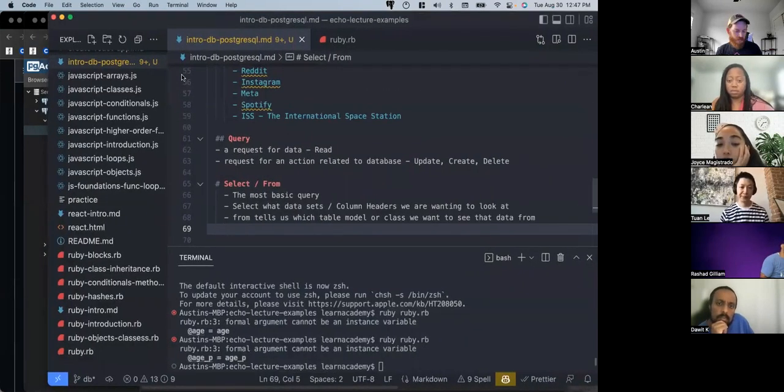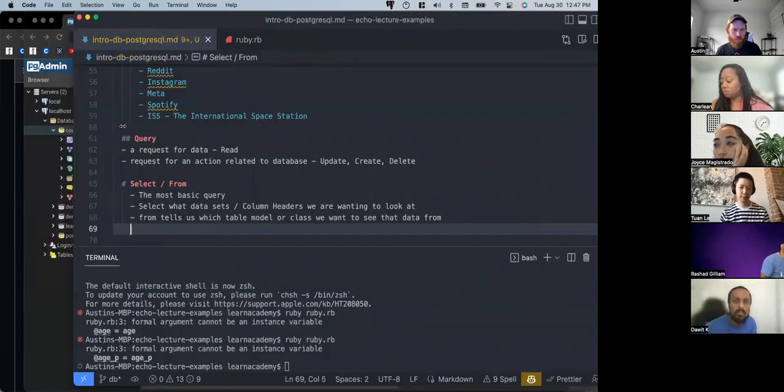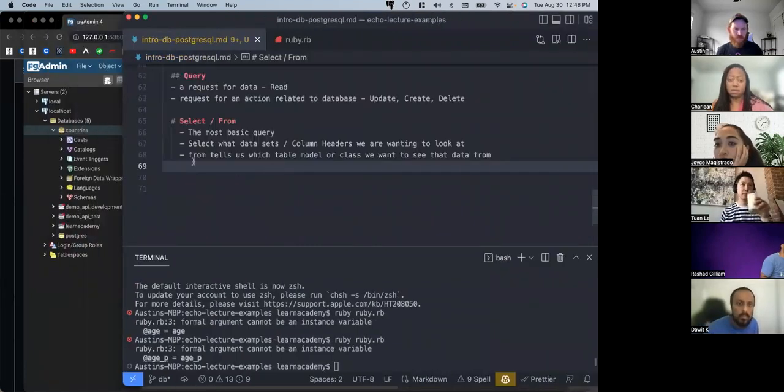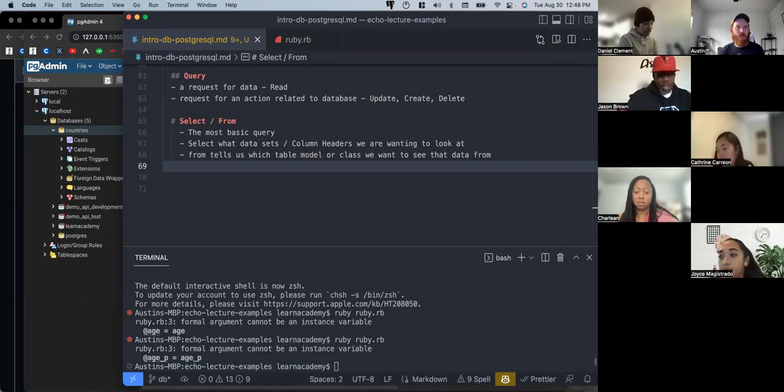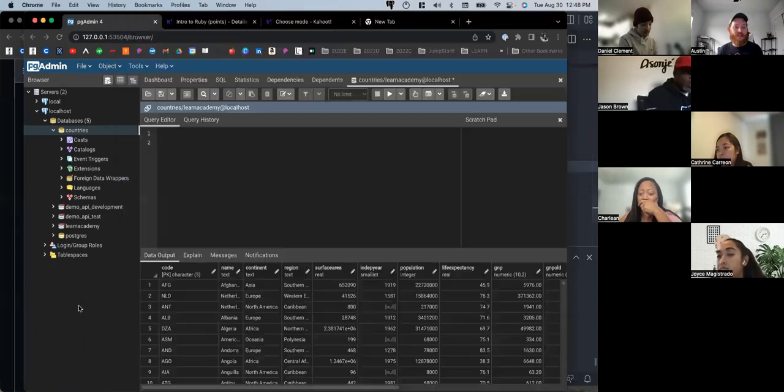So I'm gonna need a couple of places to write down. So the first query we're going to talk about is select from. Select is going to highlight which column headers, so which sets of data or pieces of data, or we can think of it as the key value pairs, which key value pairs we want to look at. And then from looks at which table we're pulling that data from. So first up,